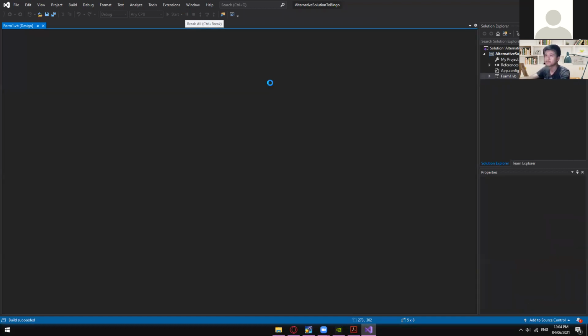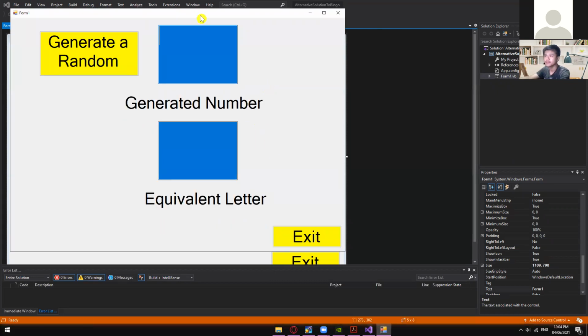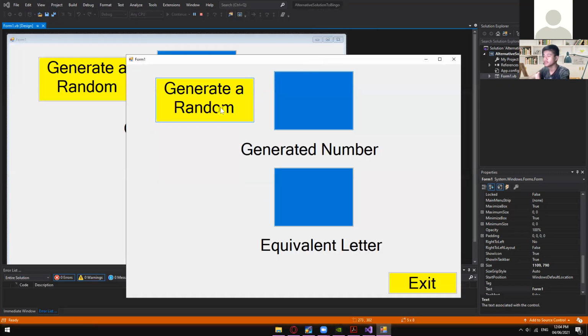What happened? All right, so there you go. If I click this one, it will generate a random number. So 49 is G, 68 is O, 13 is B, 26 is I, and so on and so forth. One thing that I've added in here is, as you can see, it doesn't generate a 75